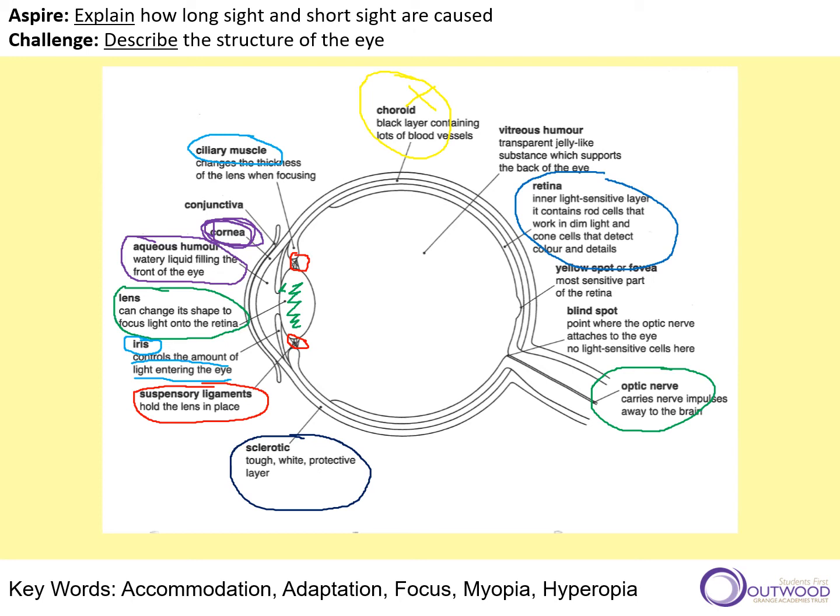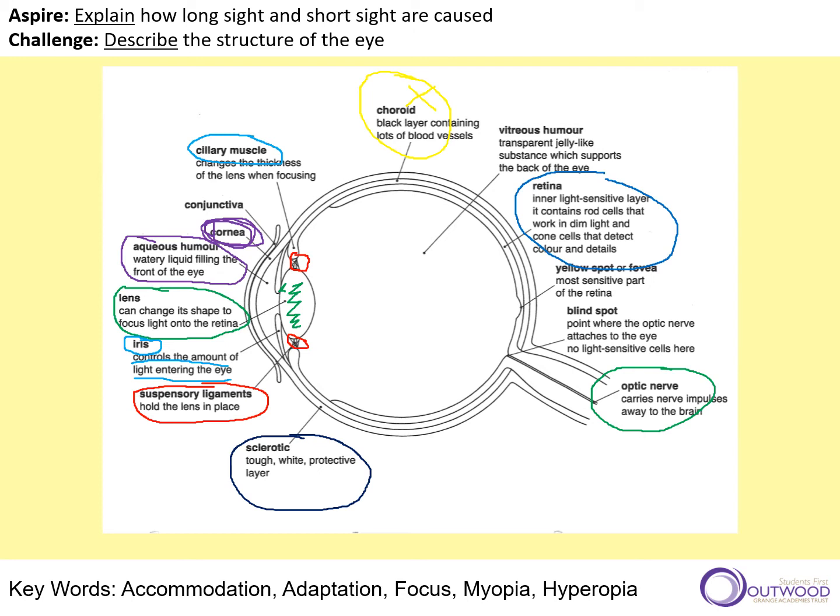It's one of the reasons why, when I said earlier about your pupil being damaged, you damage your retina. And sometimes, on the odd occasion, when you close your eyes really quickly, or you've been in a bright space or a dark space, and you move from light to dark or dark to light, and you close your eyes, you can see red spots or something in your eye, or you see some movement. That's because your retina is quickly adapting to the situation that you're in. So your retina is a light-sensitive layer. It contains either